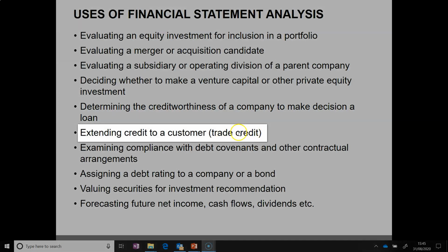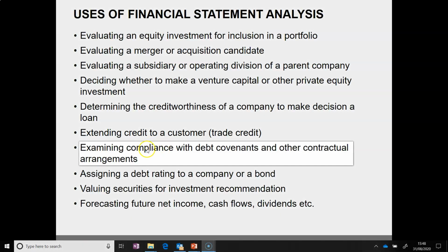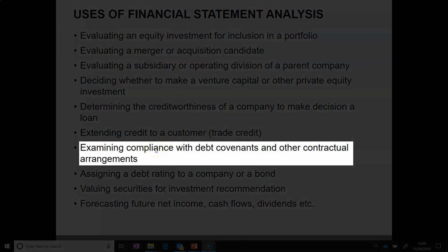Financial statement analysis is quite useful in making trade credit decisions by companies. When a company is considering whether it should sell on credit to another company, it can use financial statement analysis of the client company to inform itself about the creditworthiness of the client company and then make the decision on whether to sell on credit or not. Financial statement analysis is also very important in examining compliance with debt covenants and other contractual arrangements